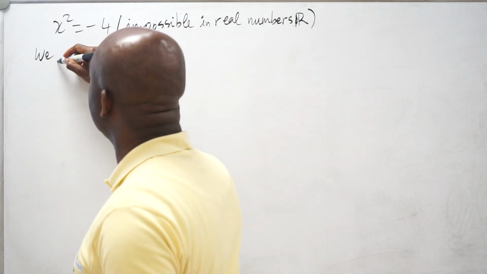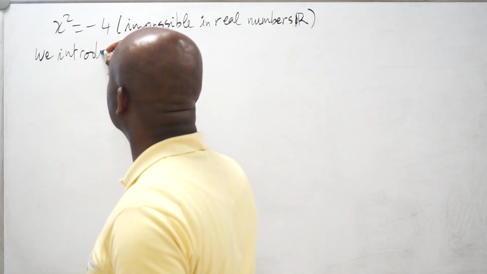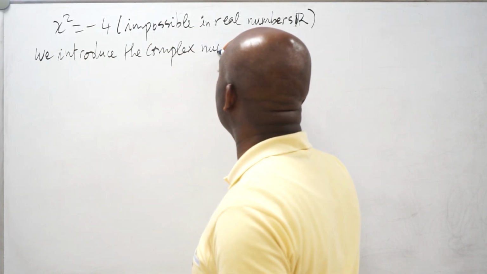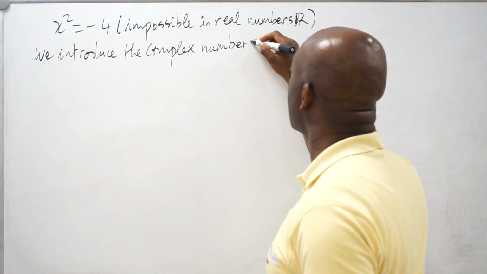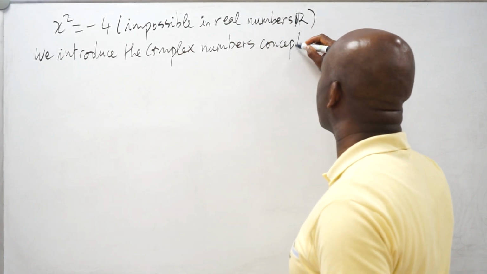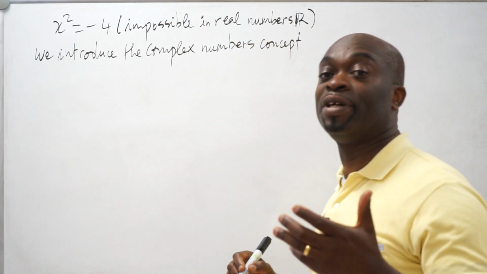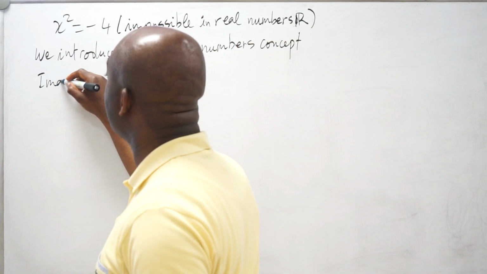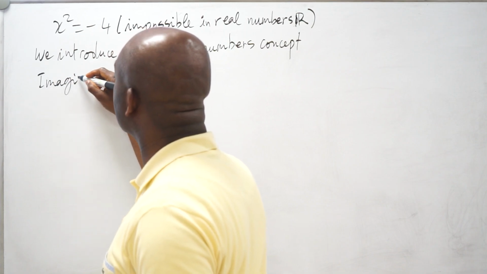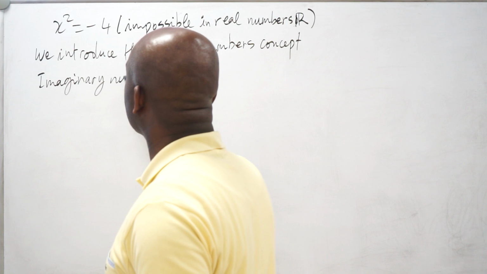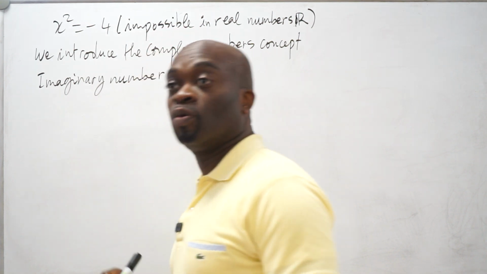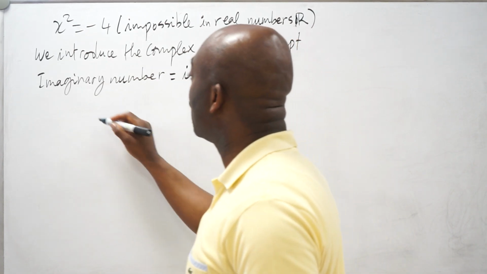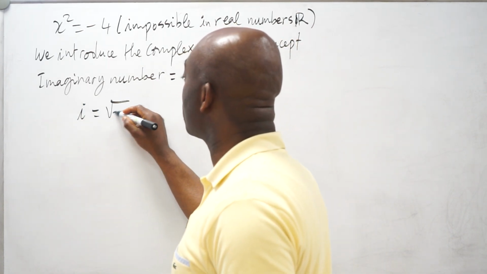So we then introduce the complex numbers concept. And that concept is carried by what we call the imaginary number, okay? So we're talking about the imaginary number, which is usually equal to i, and then i is equal to the square root of -1,